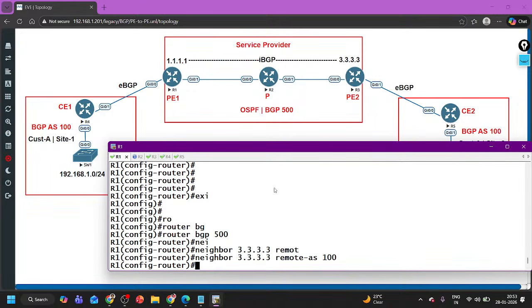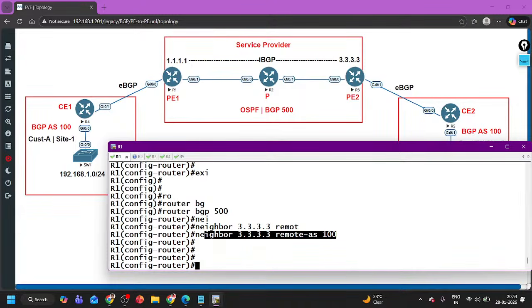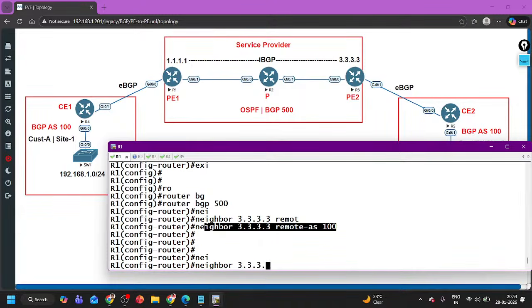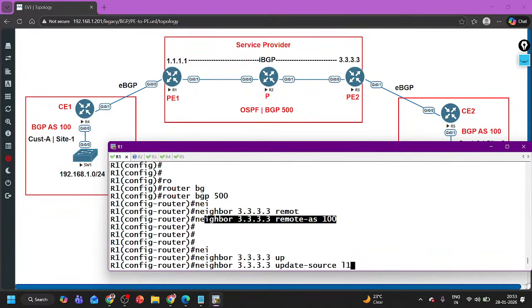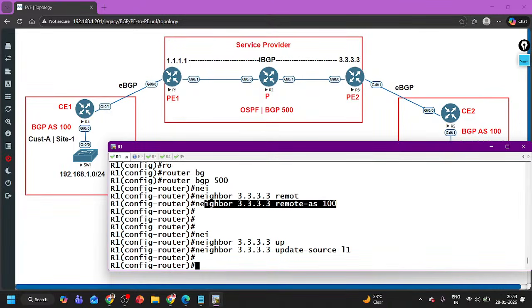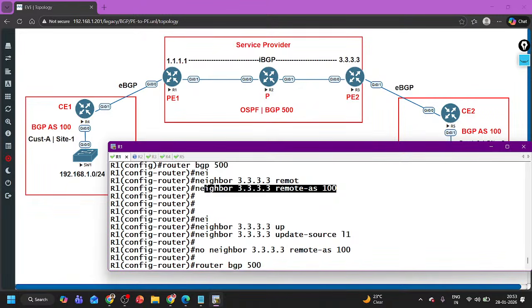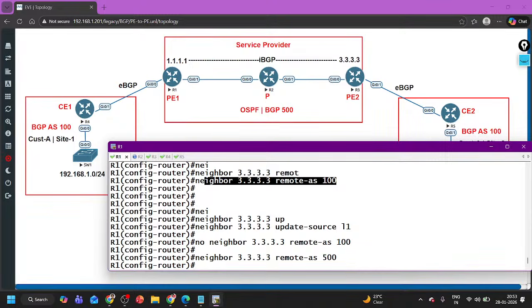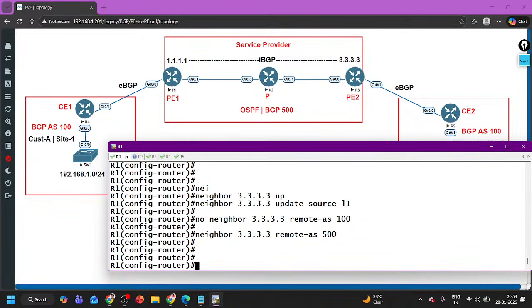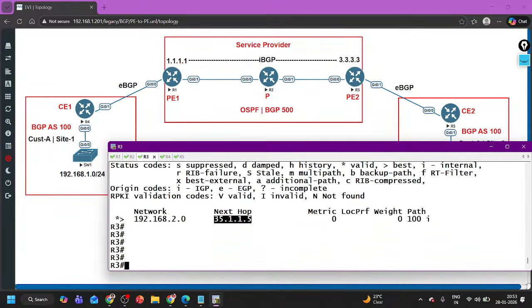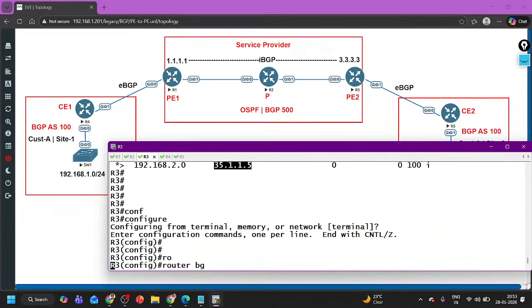Do I need to enable any other command here? Do I need to run any other command on R1? Update source loopback for neighbor 3.3.3.3. Yes, update source loopback. So remote is 500, right? Remote is also 500, because it is IBGP. Remote AS is 500. Anything else? No. Go to R3 and let me configure router BGP 500,